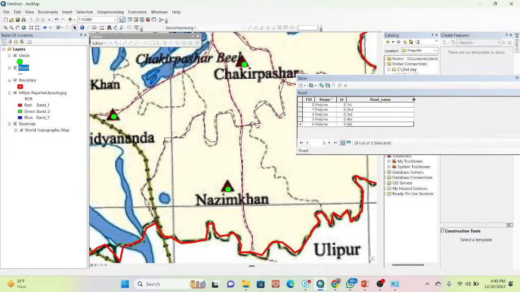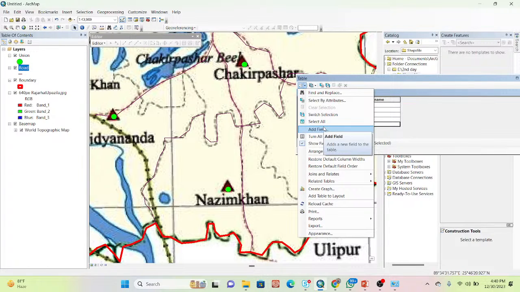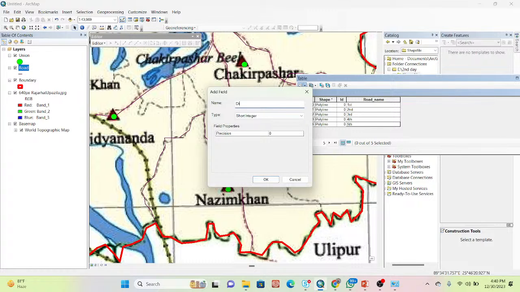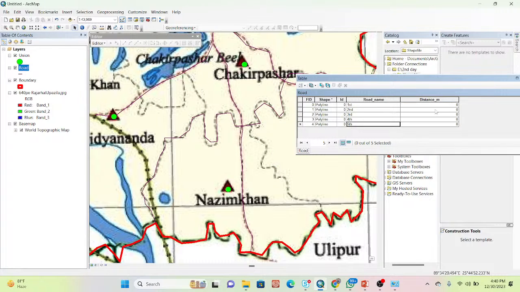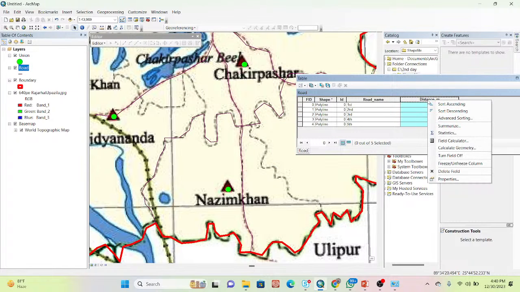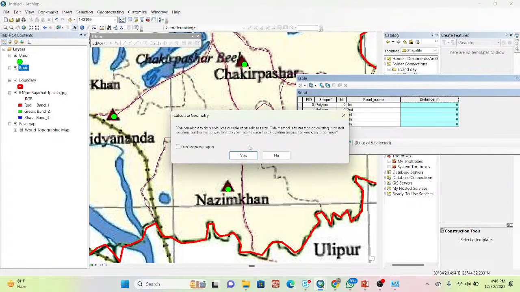So now I put the road name, and now I want to calculate the road distance. Suppose the first road, how much distance, second road how much distance, third road how much distance, fourth how much distance, fifth how much distance. So for that you simply click on here again, and you can see the add field. Okay, and put here the name such as distance. Okay, suppose I calculate the distance in meters, so just input it as double, and then okay, and yes, simply click on here, and here you can see calculate geometry, click on here, and yes,